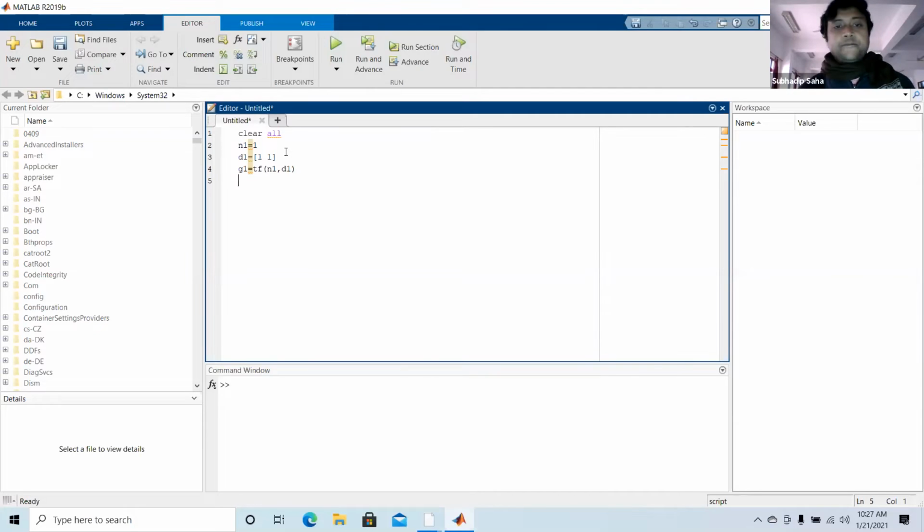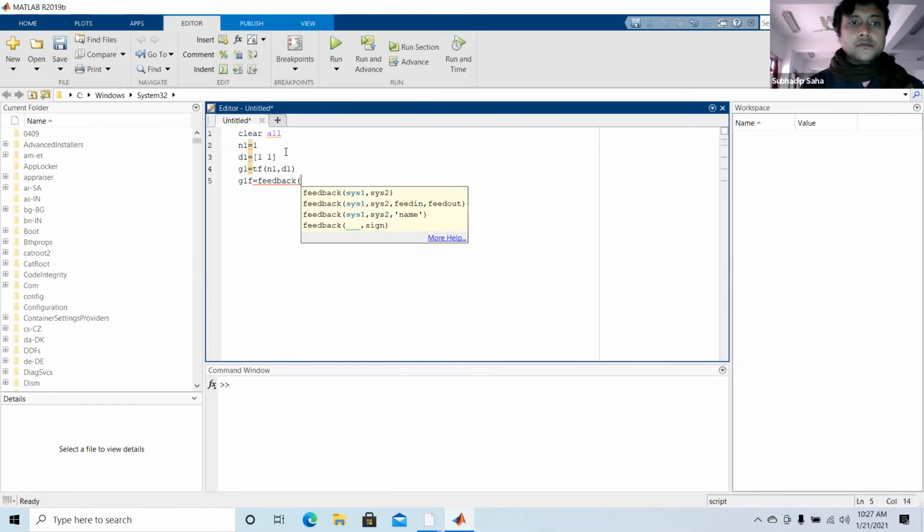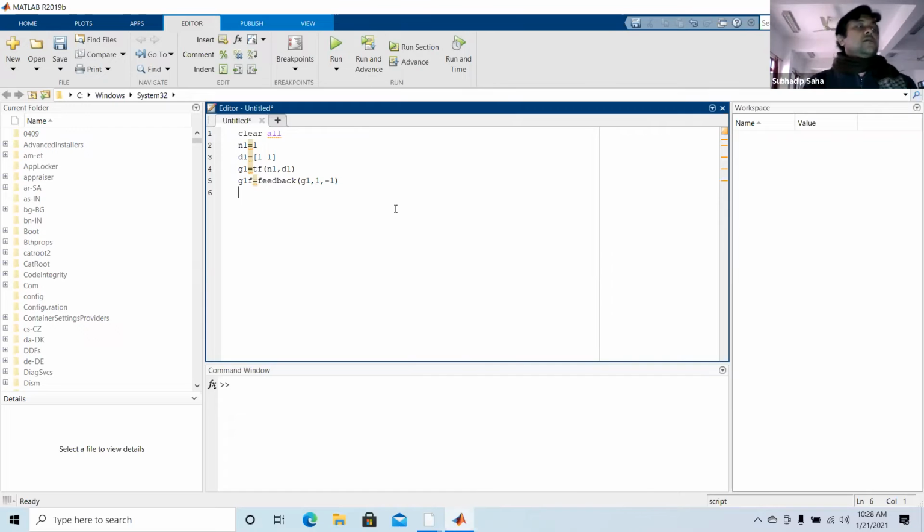And then g1f equals feedback g1 comma 1 comma minus 1. Okay, then we'll go for subplot.